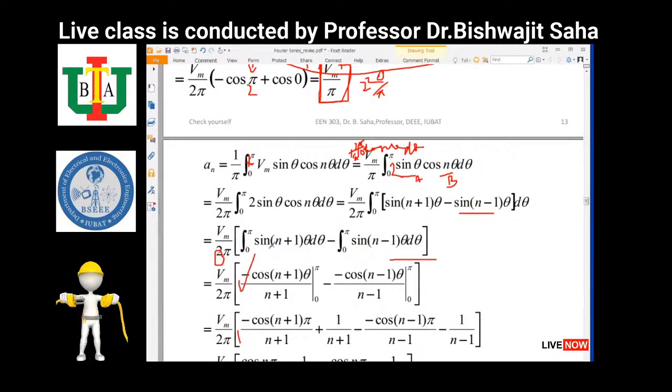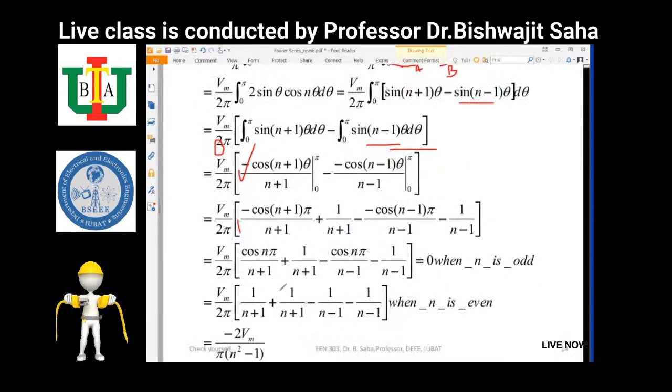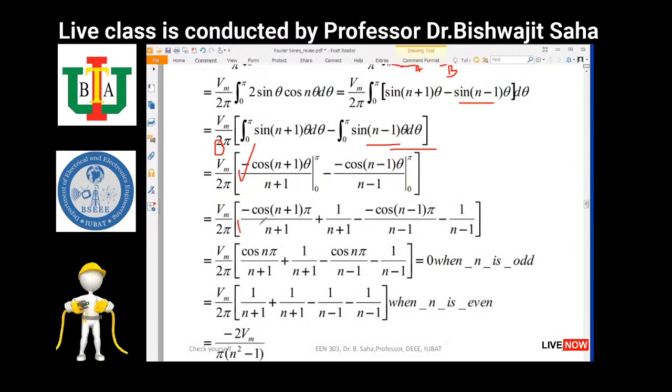Integration. So sine theta, as you know, gives minus cos theta. So simply here, minus cos (n plus 1) theta divided by n plus 1, from 0 to pi. Again, here is sine (n minus 1) theta d theta. So minus cos (n minus 1) theta divided by n minus 1. It is also the limit 0 to pi. After that, it's minus cos (n plus 1) pi divided by n plus 1